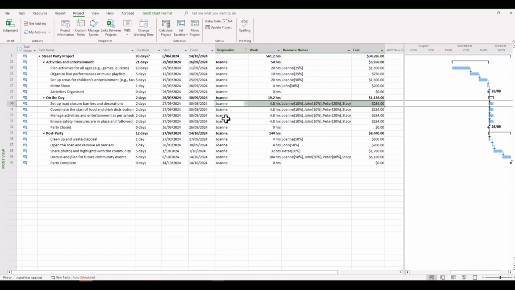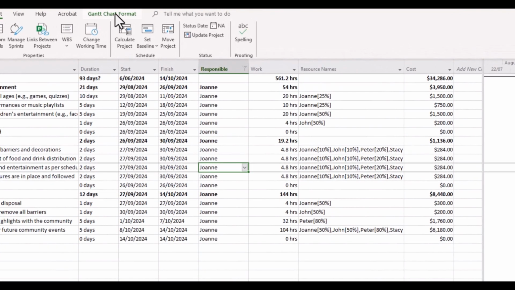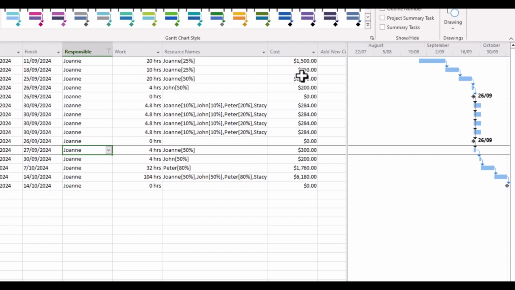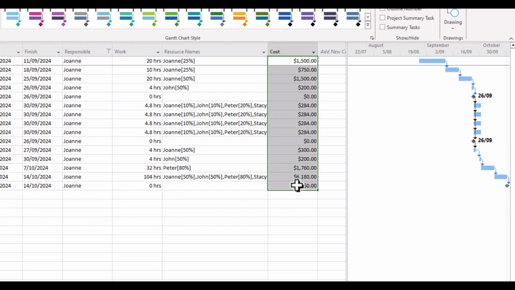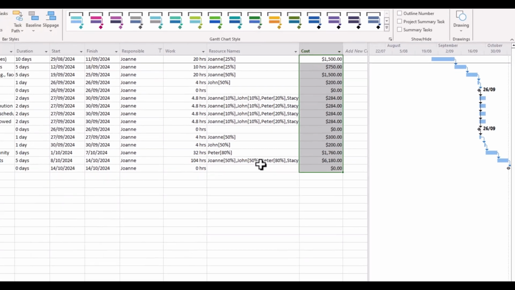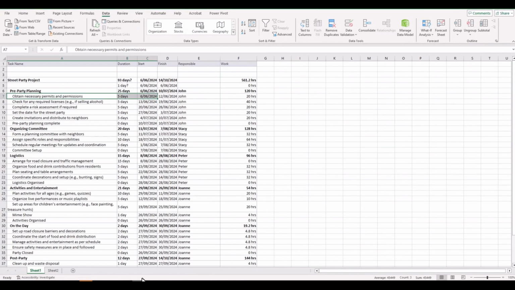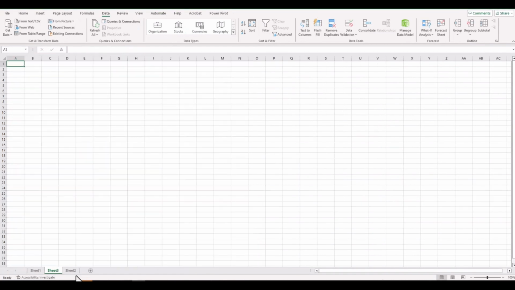responsible staff. Now, a good way to quickly tally this up would be to go to Gantt chart format, remove the summary tasks, and just go down to the raw tasks that are shown in the plan. And you could simply, for example, copy all of this. So we see all the tasks there that Joanne is responsible for and the respective costs. You could copy that quickly into an Excel spreadsheet. So we might do a new tab here. Paste that in like so.